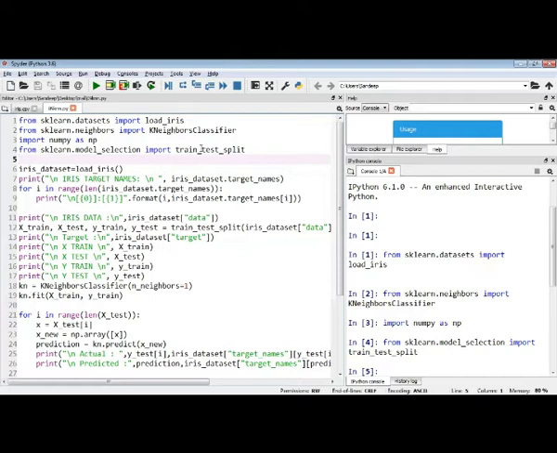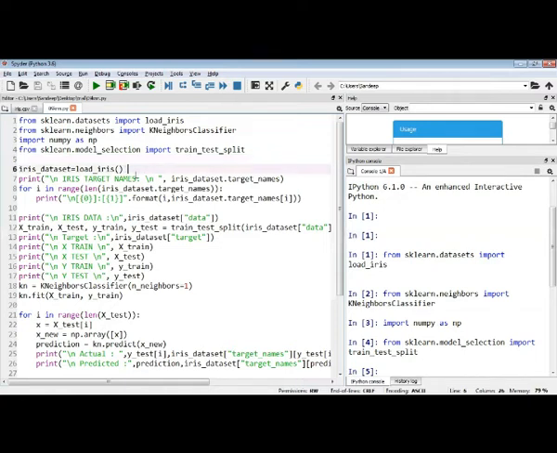We need training data to build the model, and to check how effective or efficient our model is, we need the testing data. The given data itself is divided into a training set and a test set.